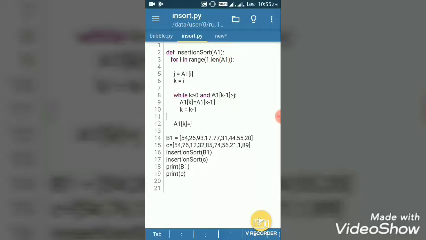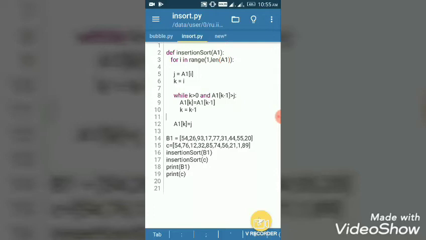So until a1[k-1] is greater than j, the loop will run and it will swap the values if it finds that the previous element is greater than the j element.